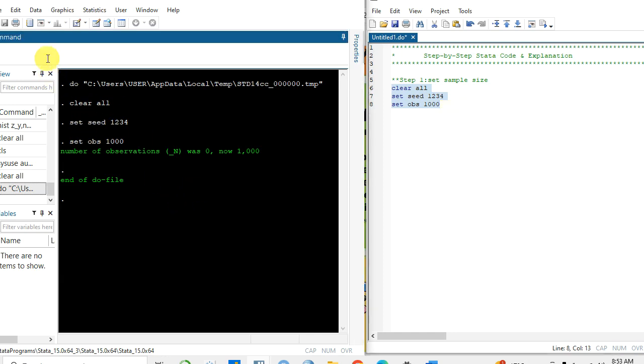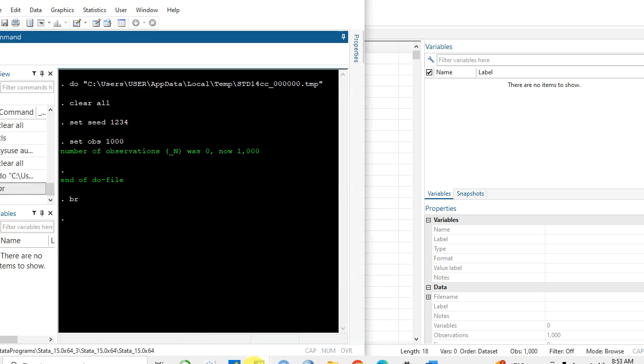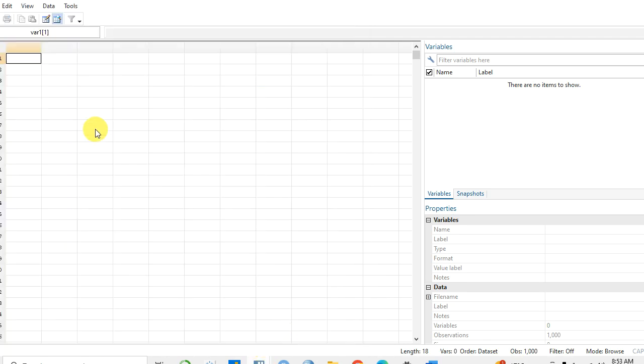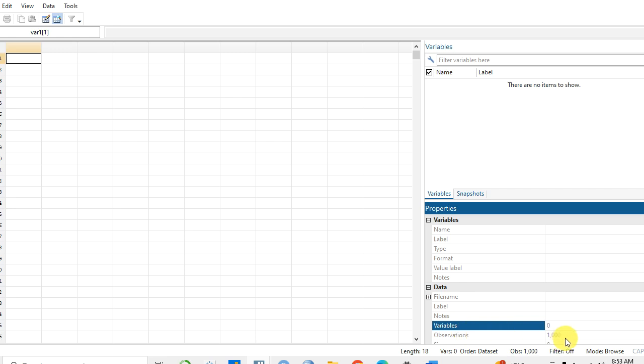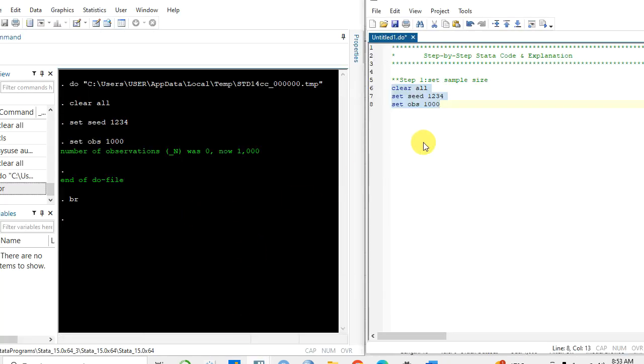If I click browse, I'll be able to see it's empty, but it has 0 variables and 1,000 observations. So now we need to fill up these observations. We need to generate them. Good. Now the second step, which is step 2,